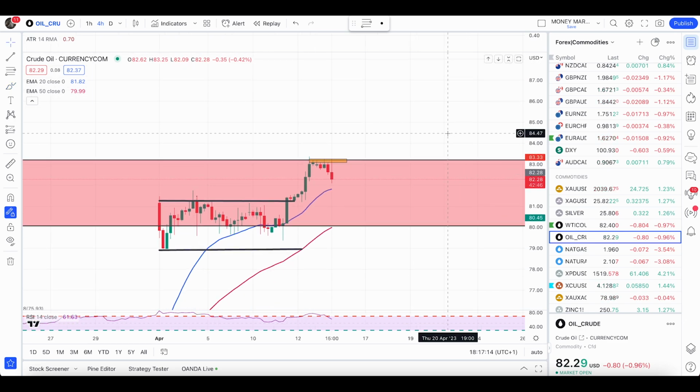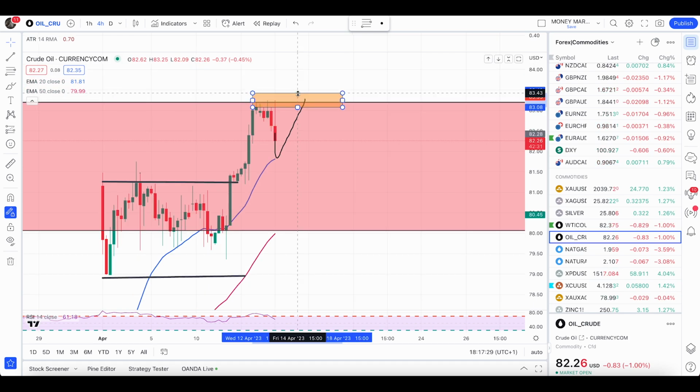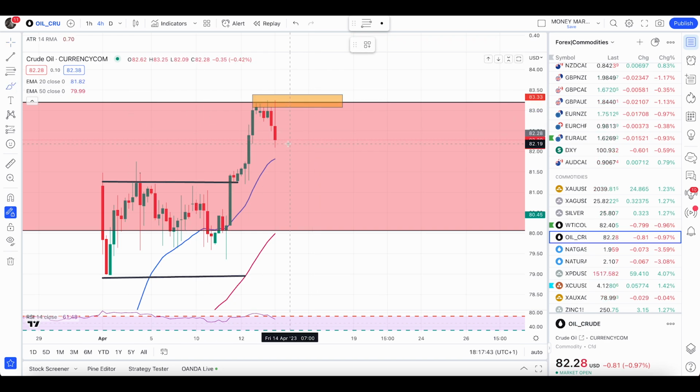Now at this point, what to expect from here? Price is likely to fall from here. I'm expecting a good fall, or we can expect another push up here to the rejection box. On the 4-hour time frame, we can get a clear double top pattern as well if you have a pullback up, and the chances are that price can hit the 20 EMA, and then it can pull back up again,